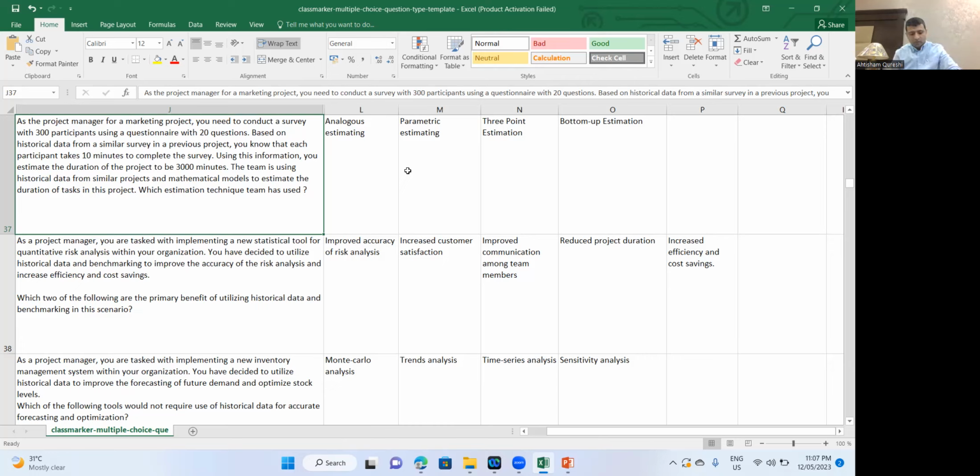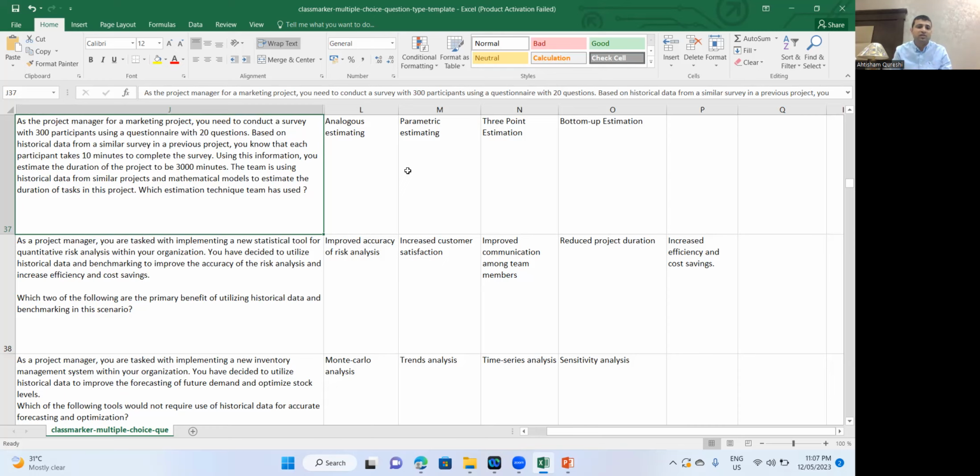Now, there is a very sharp difference between parametric and analogous. So analogous means analogy. So you do the analogy with the previous project done in the past, and you say, okay, it took 2 years roughly. You say, okay, this project will also take 2 years because both are similar kinds of projects. However, the question has one additional piece of information along with the historical data from similar projects. You are using a mathematical model to estimate the duration of the task in the project,